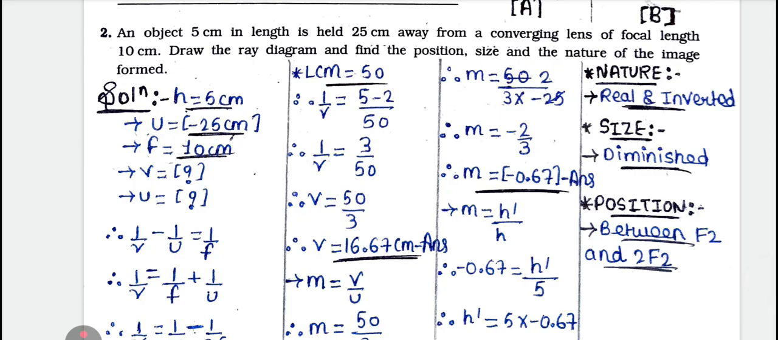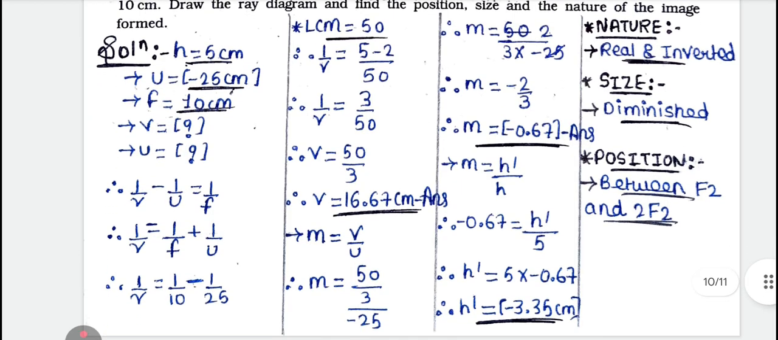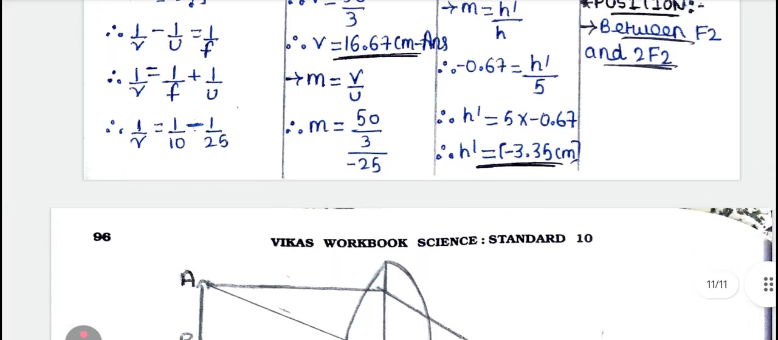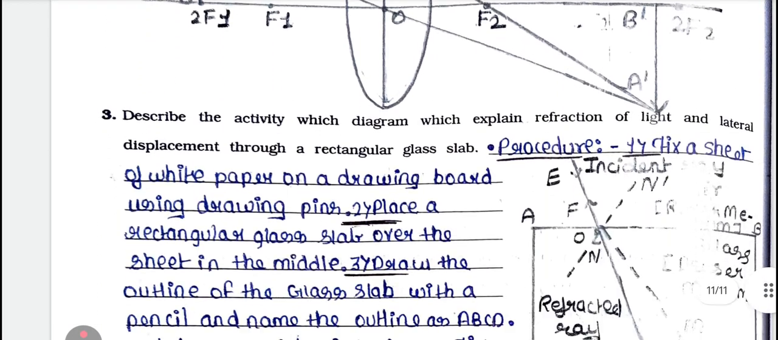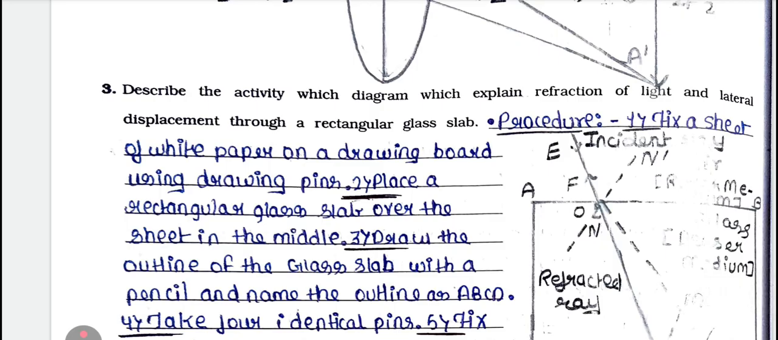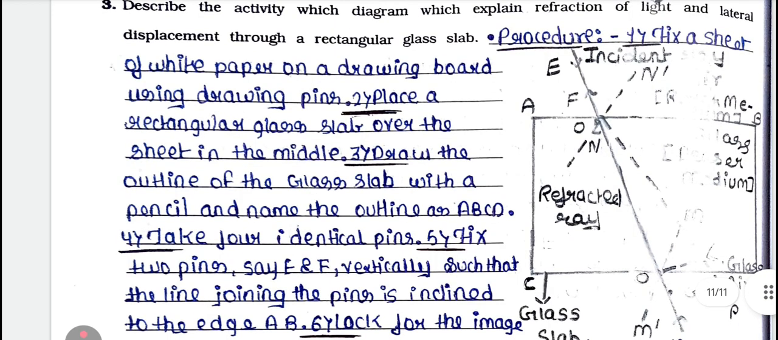आफ्टर द नेक्स्ट क्वेश्चन इज न्यूमेरिकल्स, और ये न्यूमेरिकल्स में भी डायग्राम ड्रॉ करना है, मतलब ये 4 मार्क के न्यूमेरिकल्स हो गया आपका, सेक्शन डी में आया मतलब, राइट, जिसके अंदर आपको v फाइंड करना है, मैग्निफिकेशन, हाइट ऑफ इमेज, और उसके अलावा नेचर, साइज और पोजीशन भी लिखना है विद डायग्राम। ओके, नेक्स्ट ये वाला क्वेश्चन भी एक इंपॉर्टेंट है, डिस्क्राइब द एक्टिविटी, डायग्राम विच एक्सप्लेन द रिफ्रैक्शन ऑफ लाइट, लेटरल डिस्प्लेसमेंट थ्रू द रेक्टेंगुलर ग्लास स्लैब। तो ये वाला डायग्राम है, इंसिडेंट रे ग्लास के अंदर जाएगा रिफ्रैक्टेड रे, और ग्लास के बाहर फिर से निकलेगा, उसको बोला जाएगा इमर्जेंट रे, राइट।